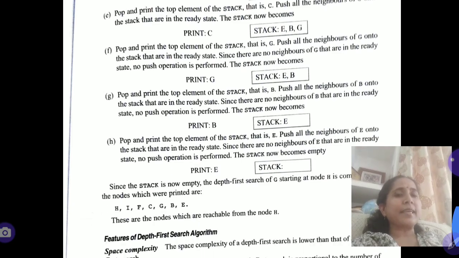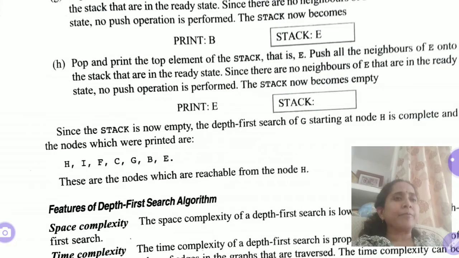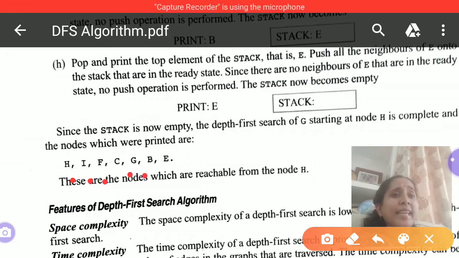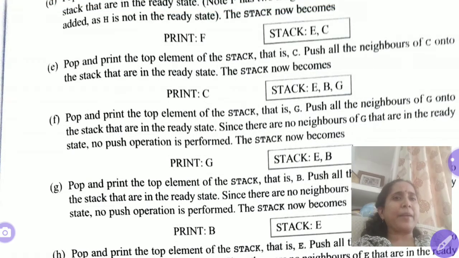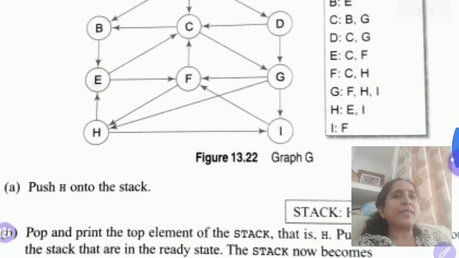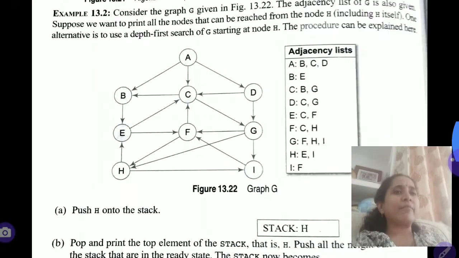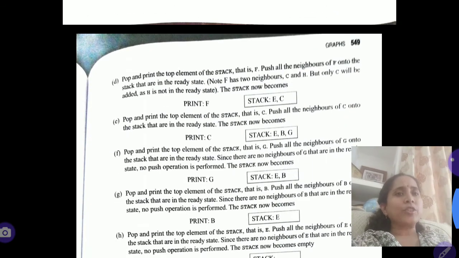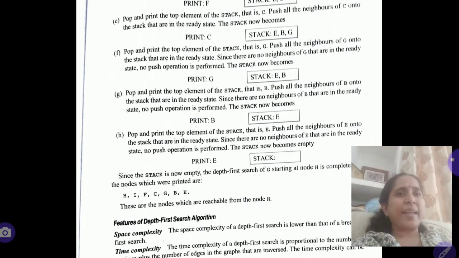So you can see here, first H was visited, then I, then F. Okay, you can see here H, I, F, C, and then G. Because once you pop over here after step E, you find that G would be popped out. When G is popped, you can find from its adjacency list that G is adjacent to F, H and I. All three nodes have already been visited. You have already visited F, H, and I. So you are not going to push anything after popping G.